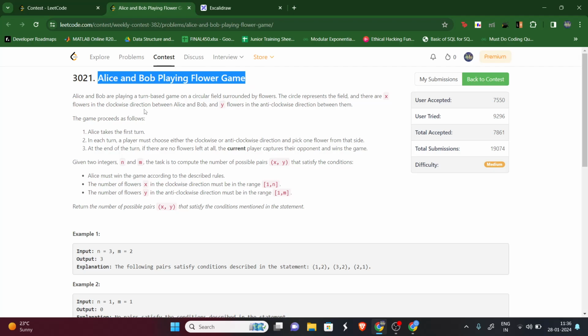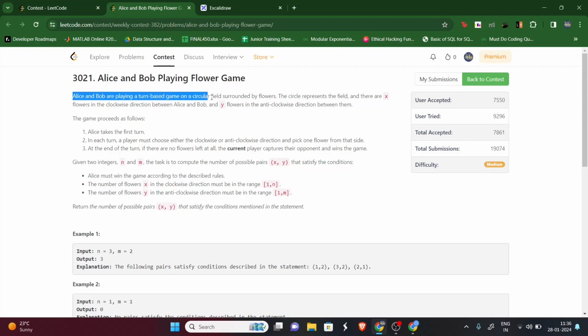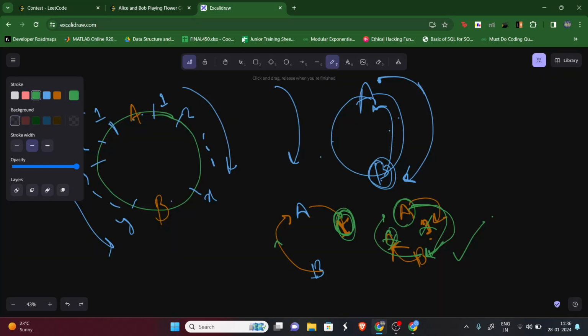Cool. So what does the question say? The question says that Alice and Bob are playing a turn-based game on a circular field surrounded by flowers. The circle represents the field and there are x flowers in the clockwise direction between Alice and Bob and y flowers in the anti-clockwise direction. So if we plot them,